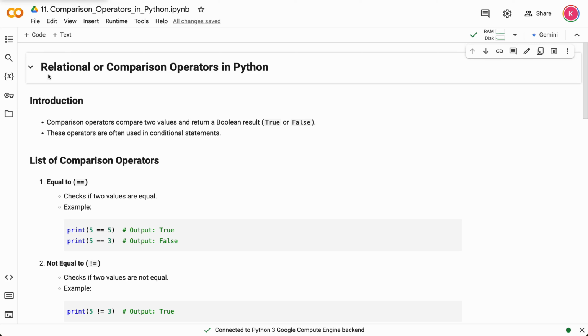Hello everyone and welcome to this video on relational or comparison operators in Python. Have you ever wondered how Python makes decisions? Relational operators are the backbone of decision making in programming. In this video, we'll explore how these operators allow you to compare values and control the flow of your programs